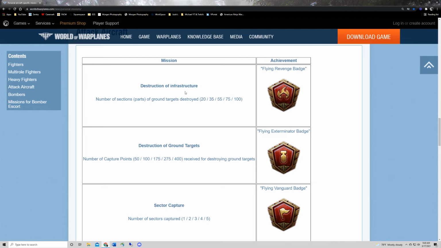So destruction of infrastructure. This is number of sections of ground targets destroyed. So this is literally the little buildings. So for instance, you're looking at an anti-aircraft section, I should say. It has the actual anti-aircraft gun. Typically has 3 other buildings. That would count as 4 parts of the ground targets towards your 100 that you would want for this badge